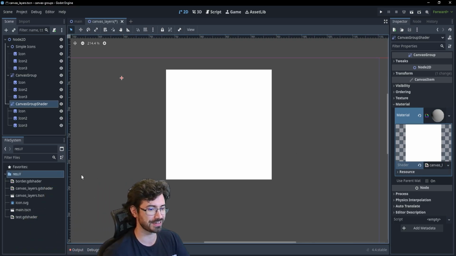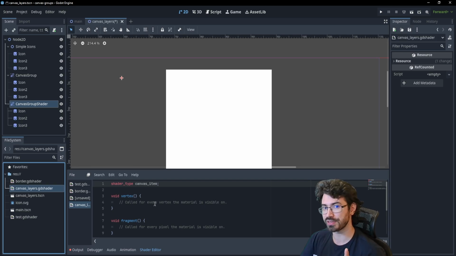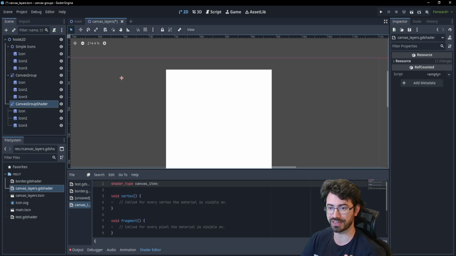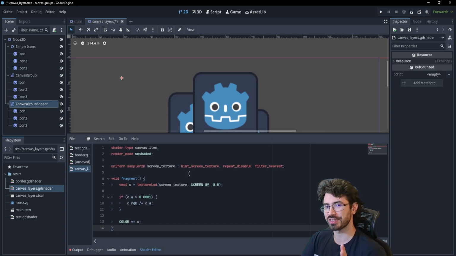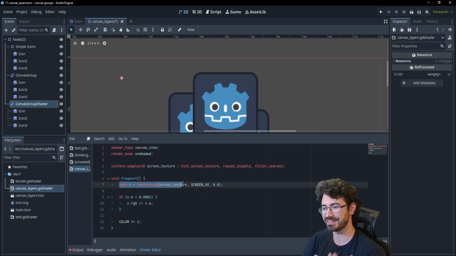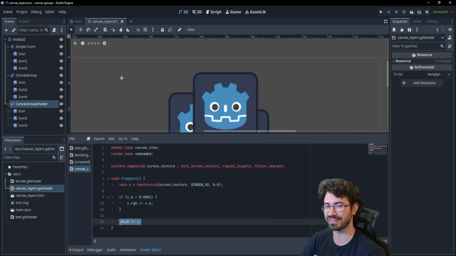Let's call it canvas layers, why not? And if I open this, I'm going to take a look in the documentation and take precisely the shader that's doing whatever the canvas group was doing. So I just copied the shader and I'm pasting it here. And as you can see, just as we kept saying, what this shader does is to take the screen texture. So it's taking whatever has been drawn as a whole